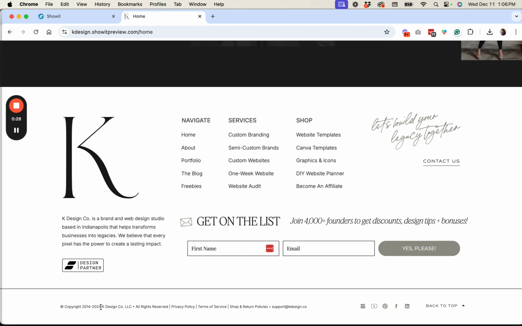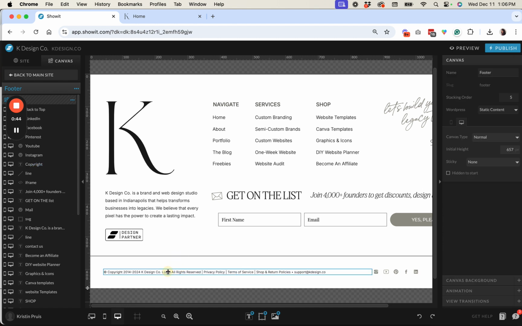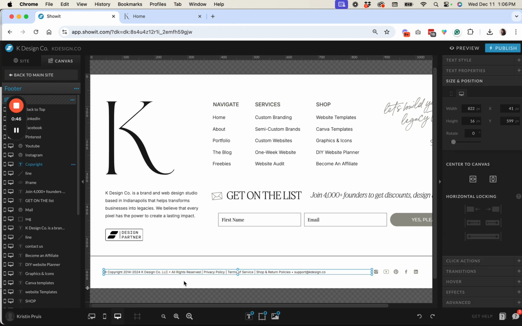So down here, this little date in the footer, this is what I'm referring to. So you want to make sure that that end date is always up to date with the current year. So this is what I'm going to show you with two little pieces of code that you can add to your site. So go inside of Showit and you're going to go to the text box where that date is